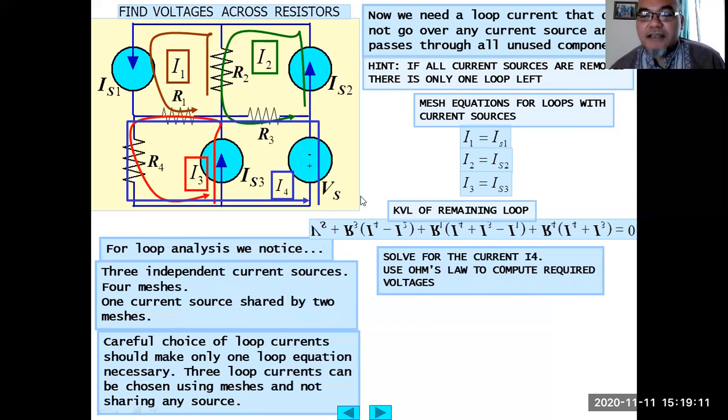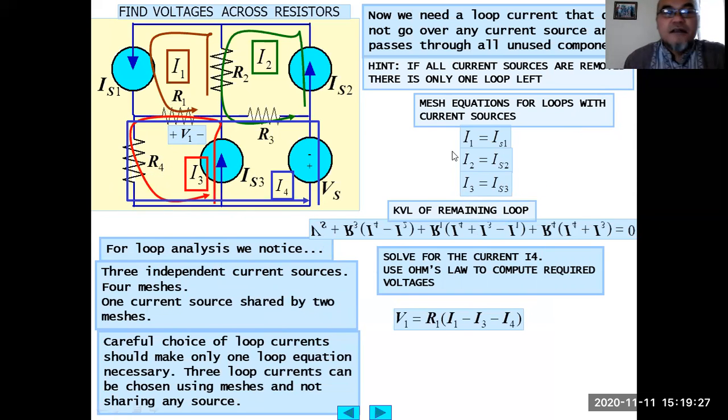Then we solve for the current I4. We solve for the current I4, and we use Ohm's law to compute the required voltages. So then we obtain V1 equals R1 multiplied by I1. This one, I1, because V1 here is drawn with the positive polarity at the left side and negative polarity